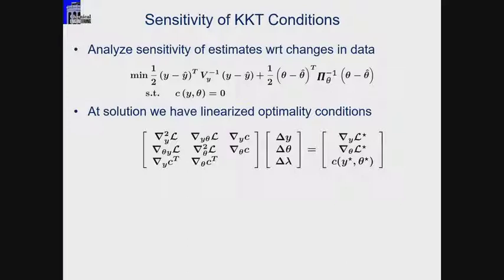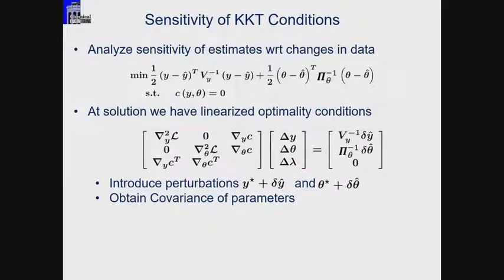Now, if I take a look at that problem, one of the things that happens when the model fits the data very well is that you can see from the right-hand side that the estimates of the Lagrange multipliers actually go to 0. You can even say the expected value would go to 0. So I can simplify this problem a little bit. The off-diagonal elements of the Hessian are gone, and in fact, the diagonal elements of the Hessian become those nice matrices Vy and Pi theta inverse.